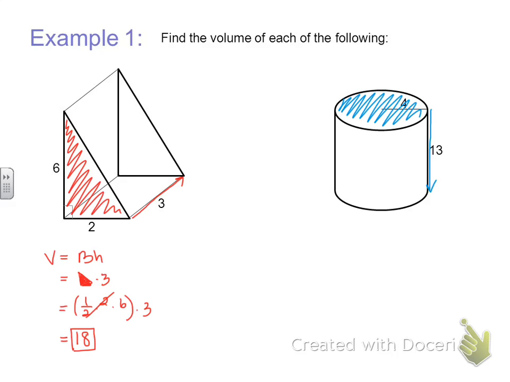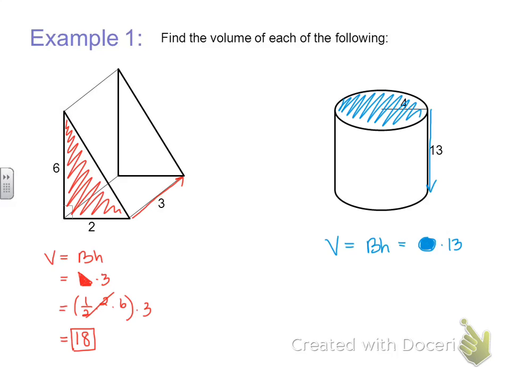Okay? What do you want us to do? Do you want us to use the pi button? No, let's leave it in terms of pi actually, so that it's perfect. So we're doing volume equals, it still is base times height, so same exact formula as the other one. The difference on this one is that my base shape is now a circle rather than a triangle. So I'll be finding the area of that circle times the distance between the two circles, which is